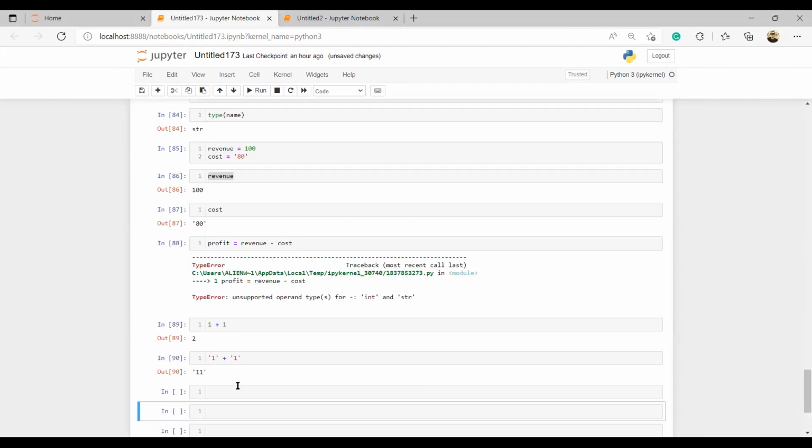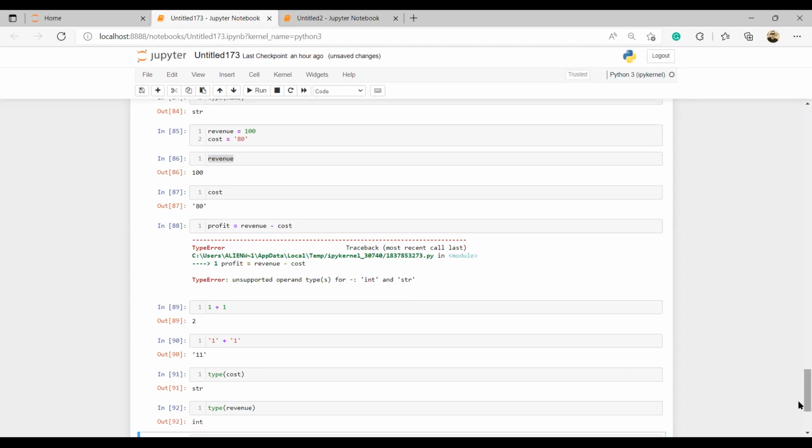You see why it's important to understand the data type, which means that for me to convert this, if I check the type for cost, what is it? String. And the type for revenue?